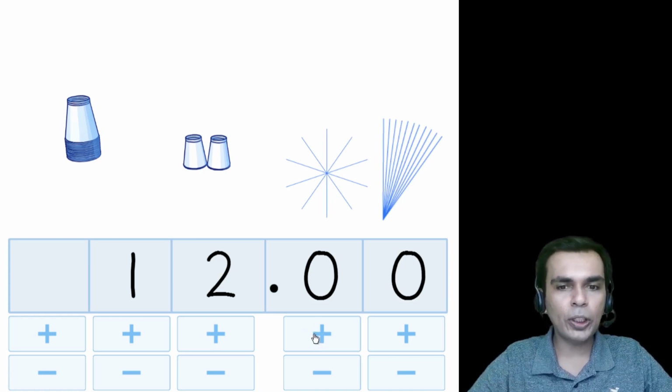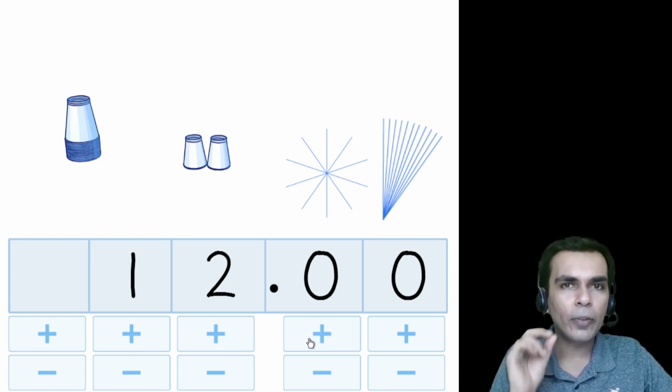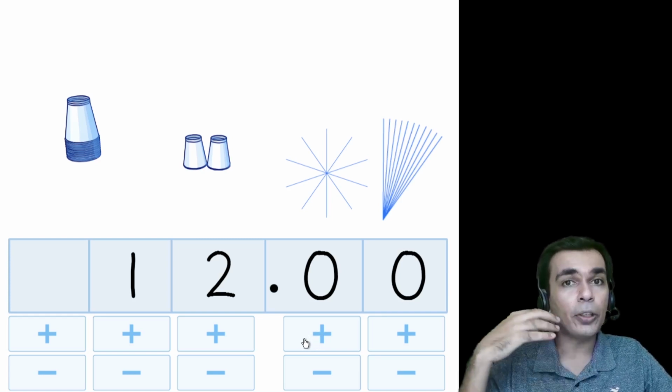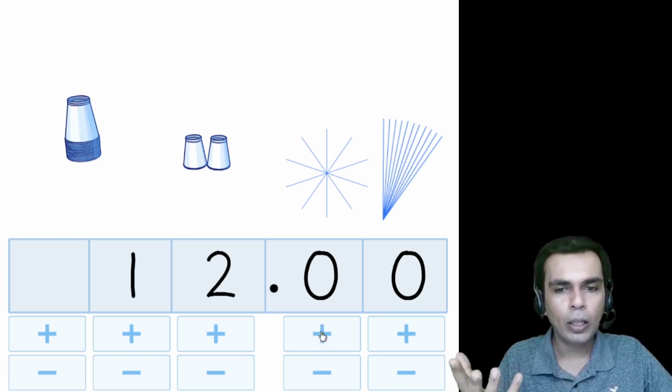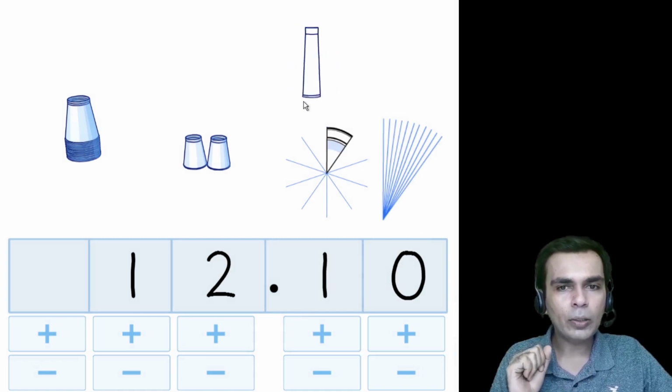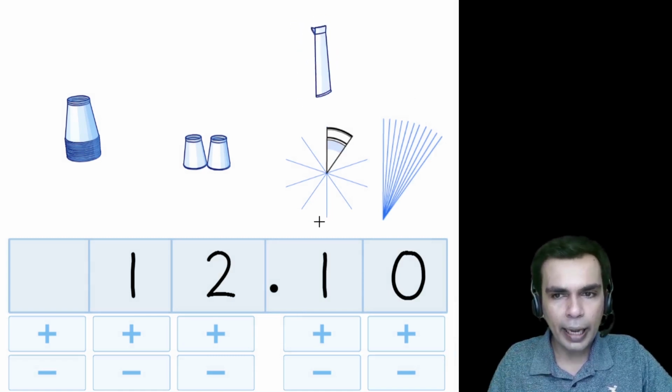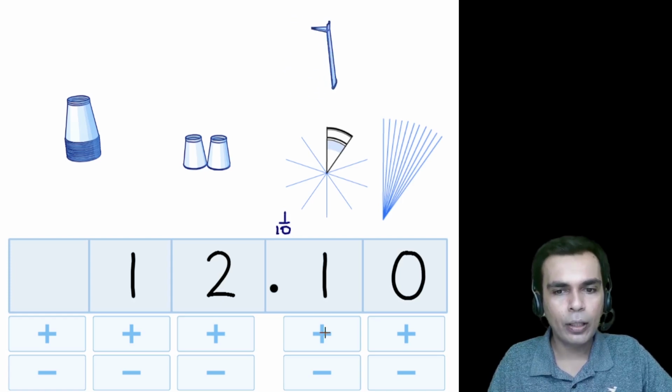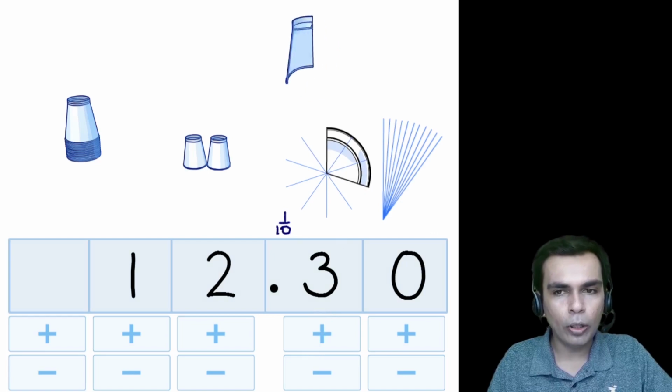My first position to the right will mean how many tenths, which means if that one cup was broken into 10 equal parts, how many of them? So this is one of them. You see this one rotating here. So this is actually 1 upon 10. This is 1/10. Now if I were to add three more, so this actually means 3/10. So I would write 3/10.